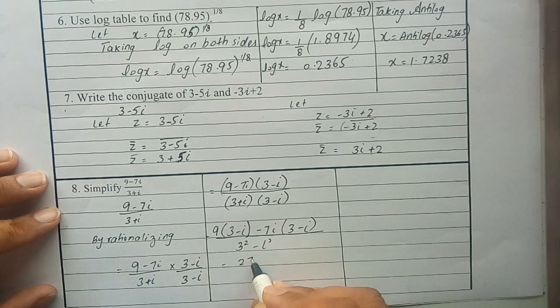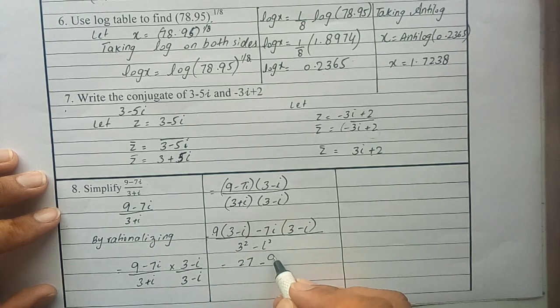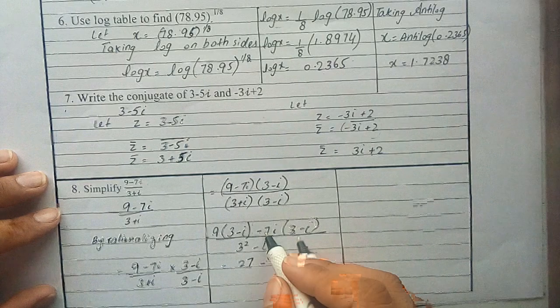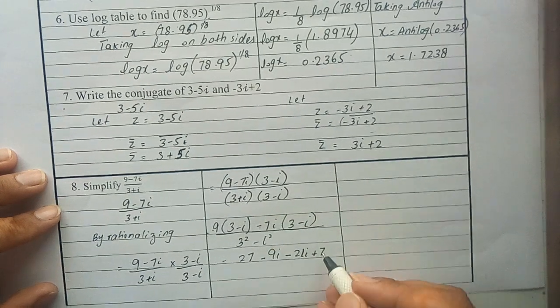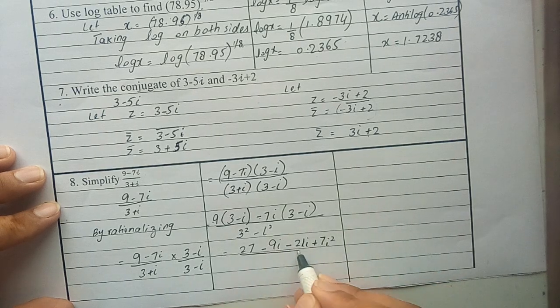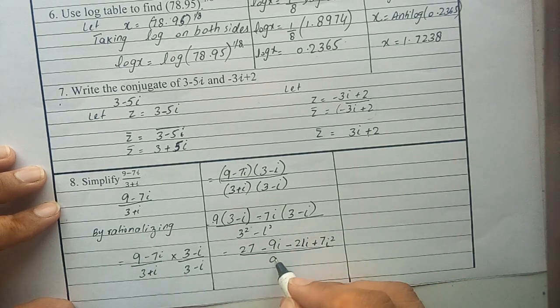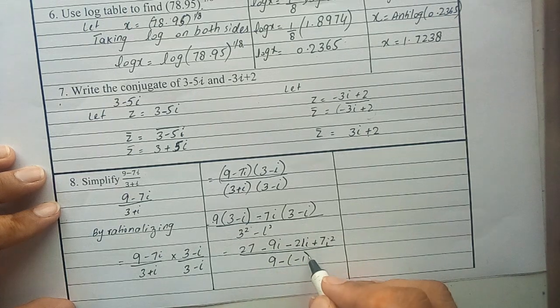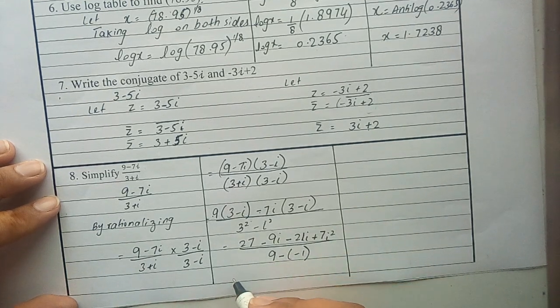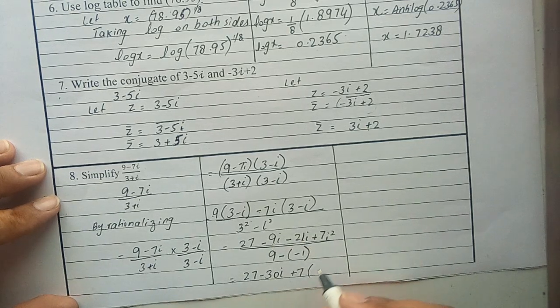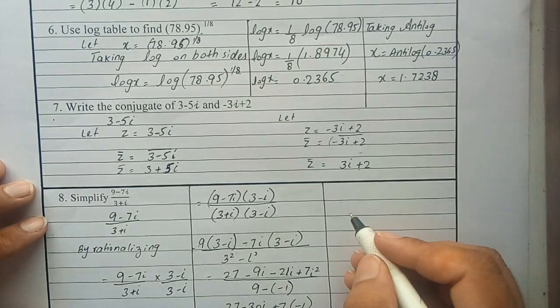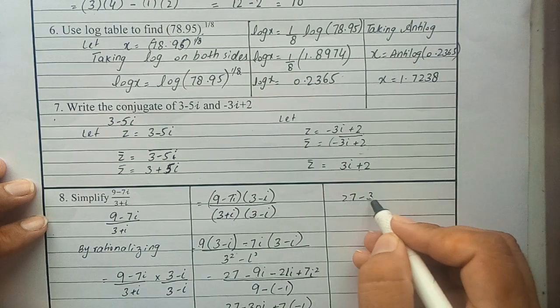9 3s are 27 minus 9 iota minus 21 iota plus 7 iota square divided by 3 raised to equals to 9 minus iota square equals to minus. So 27 minus 9 minus 21, that is minus 30 plus 7 iota square equals to minus 1 divided by 9 plus 1, that is 27 minus 30 iota